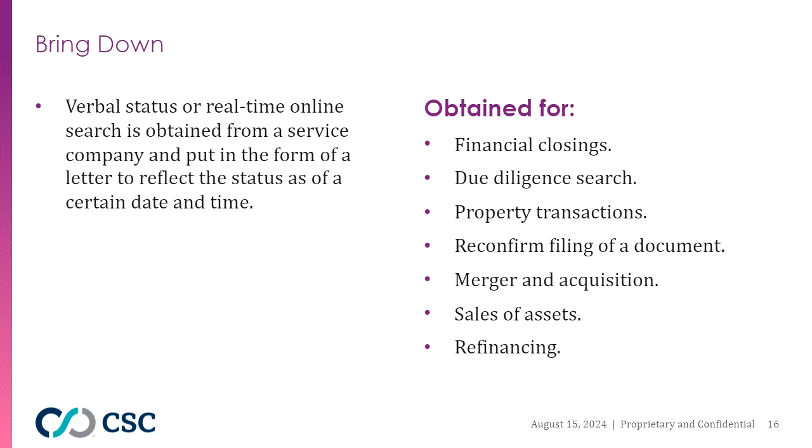What I want you to think of is, let's say that you're working on a deal and you've ordered a series of good standing certificates. And maybe the time from when you ordered them until the time you're going to have the closing might be a period of 2 months. You don't know if something may have happened with an entity or a number of entities in that time period, and you certainly want to be sure about that as you're going to the closing table. So what you can do is get a bring down letter, and what that does is it fills in that blank, that open space of that time period.